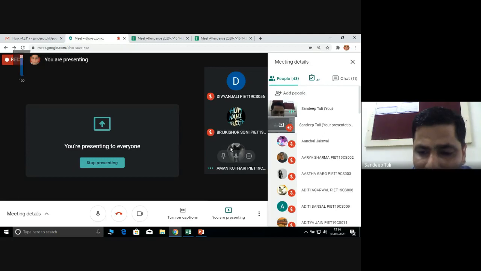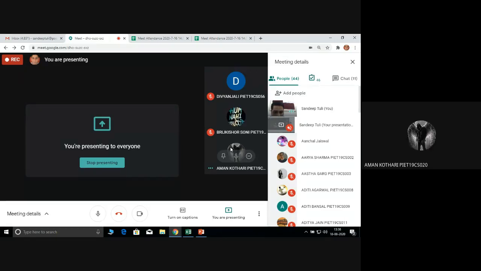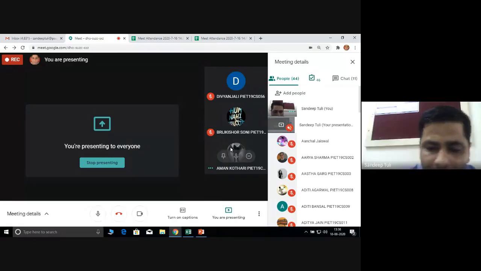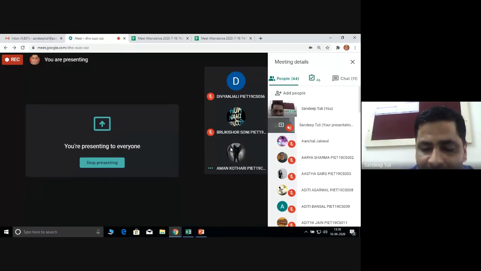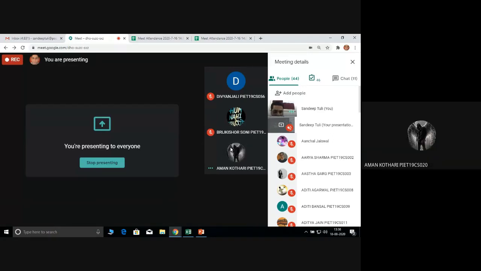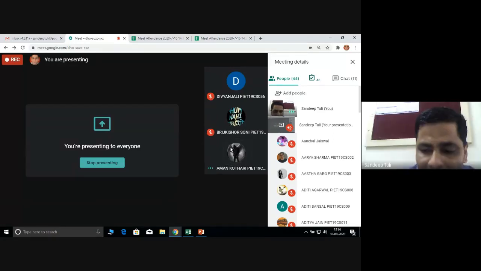Recursion always uses a stack. In recursion, the processor always uses stacks. Okay? Okay, sir. That is why this is an application of stack actually.